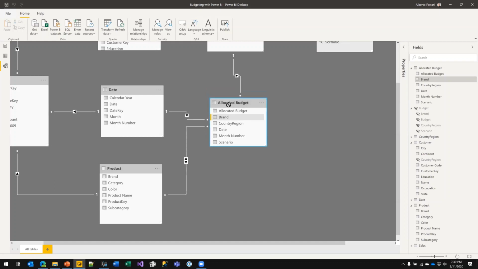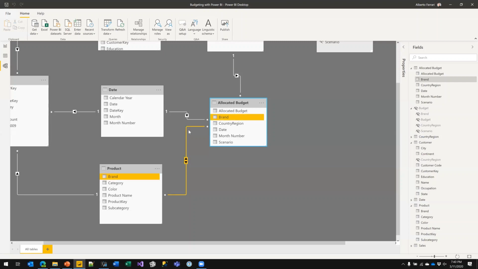So what happened? It generated a relationship that has the many side on both sides, and it's also a bidirectional many-to-many relationship. I don't know what you think about bidirectional relationships, but I know what I think about them. They are the evil. Never use a bidirectional relationship unless you really, really know what you are doing and you really, really need it.